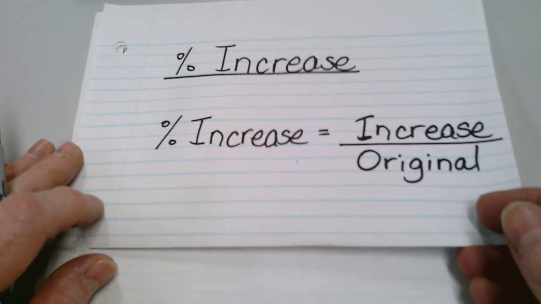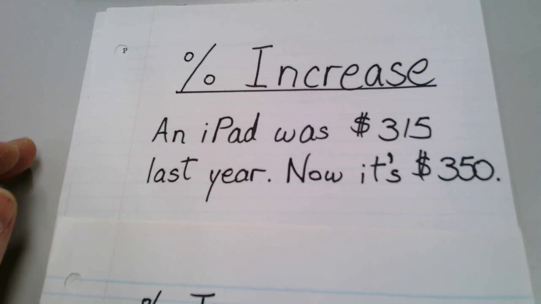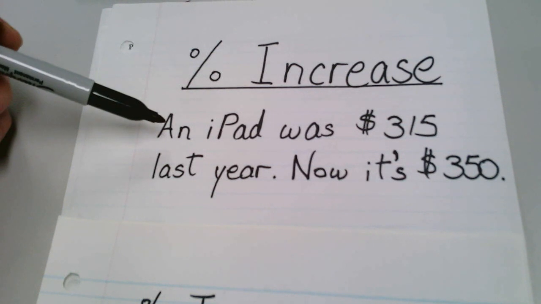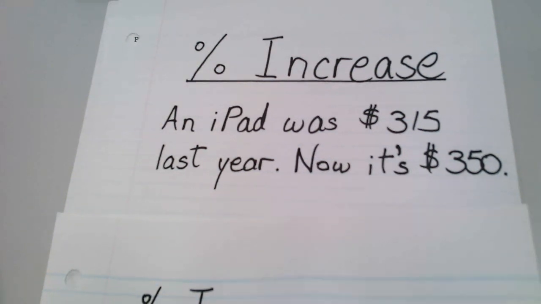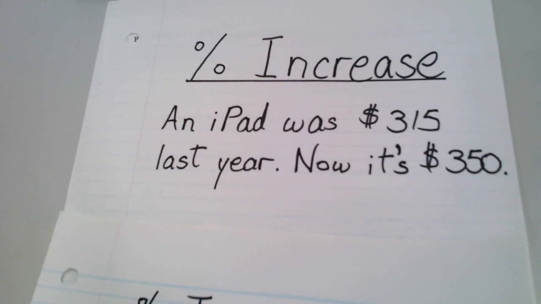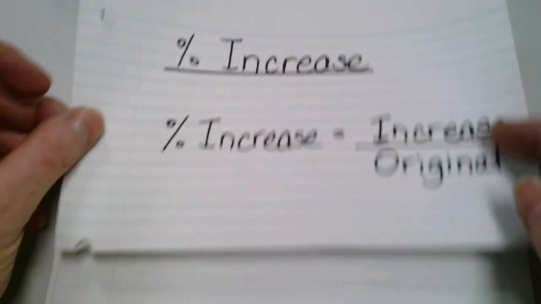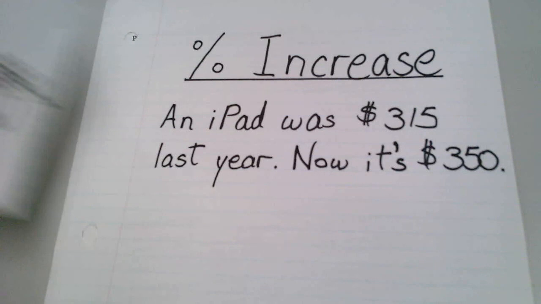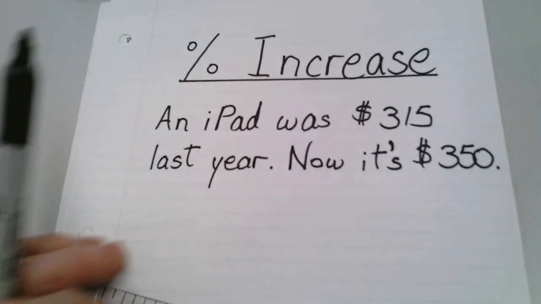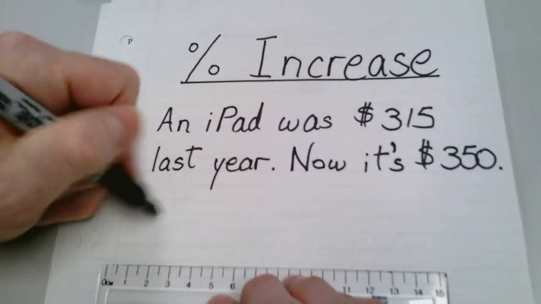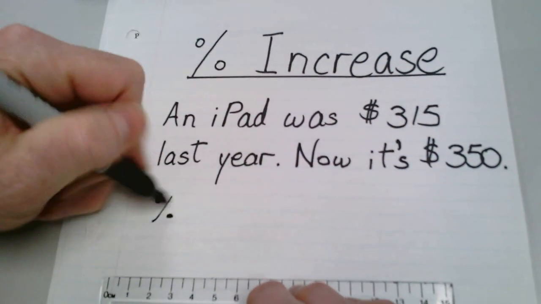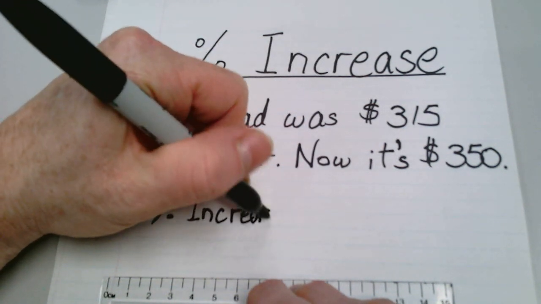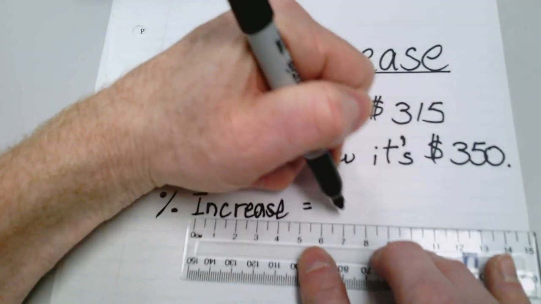So let's actually look at a question. It says an iPad was $315 last year, and now it's up to $350. So in order to solve that, if we go back to our formula right here, what you'll need to do, and you will need to do this for every question, is write this down. The percent of increase equals,